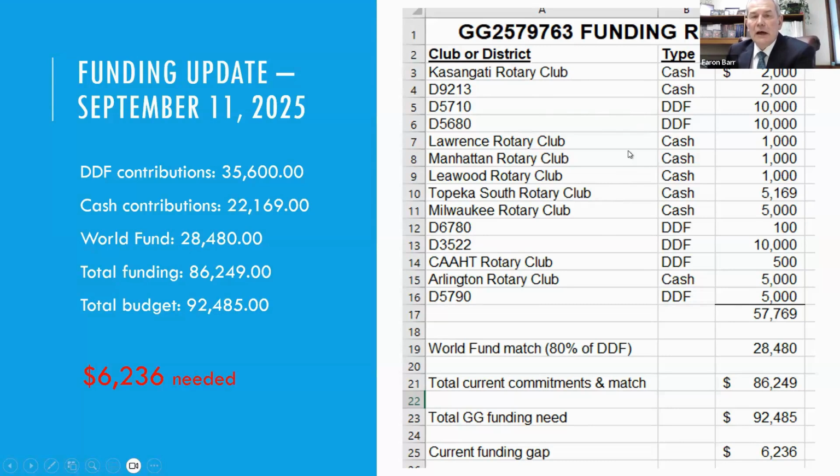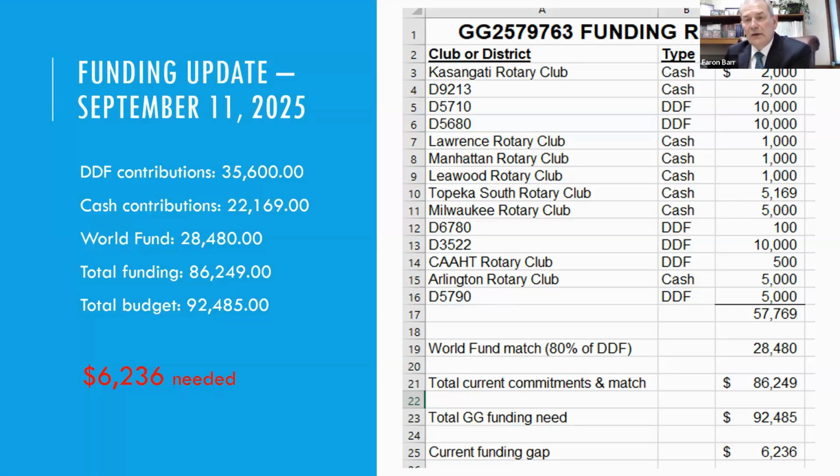So, Aaron, to go through all of this and give you the map we're talking about: District 9213, that is Uganda. And Jennifer, is there another country involved in 9213 besides Uganda? I think there is, like Rwanda and Tanzania. Tanzania. Okay. So that's the home district for the Kasangati Rotary Club, and Kasese would be in that district as well.